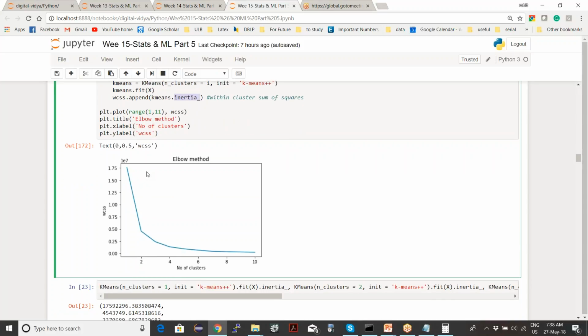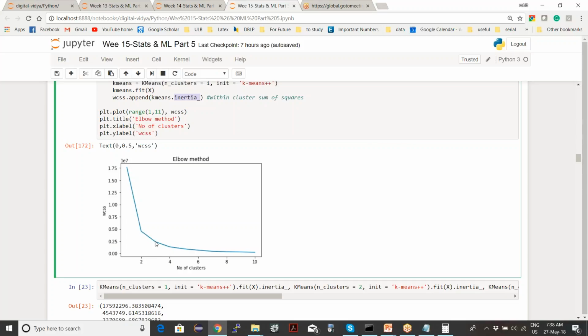That's why it's called the elbow method, because it always looks like an elbow. After some point the decrease will be very low, and that point is a good approximation of your number of clusters.